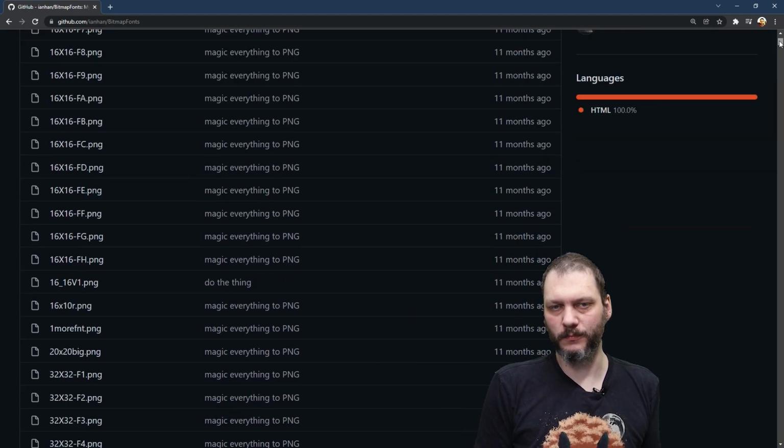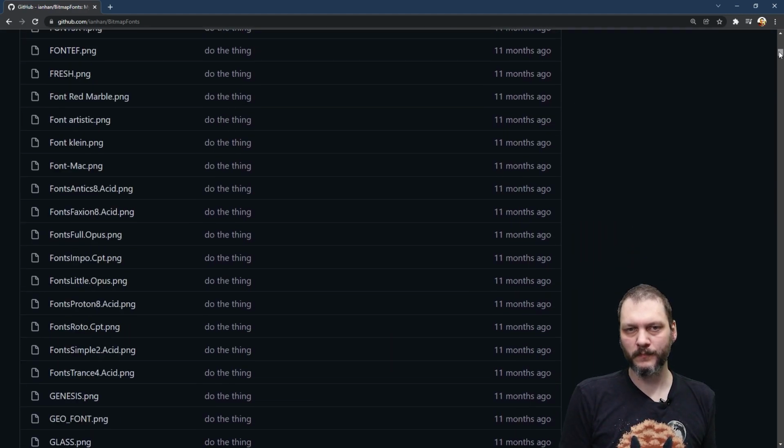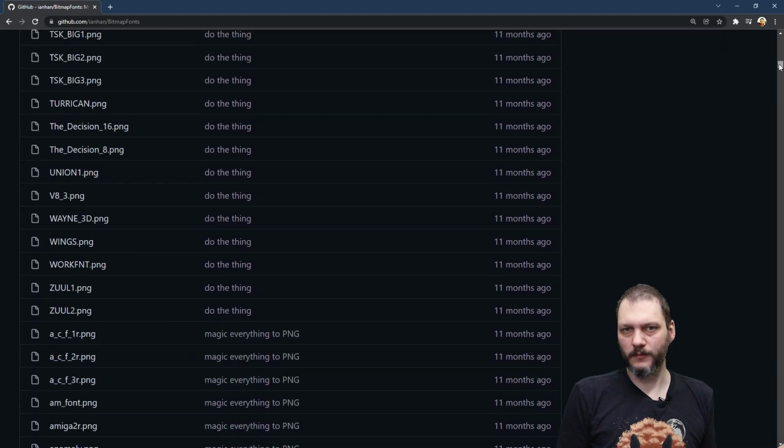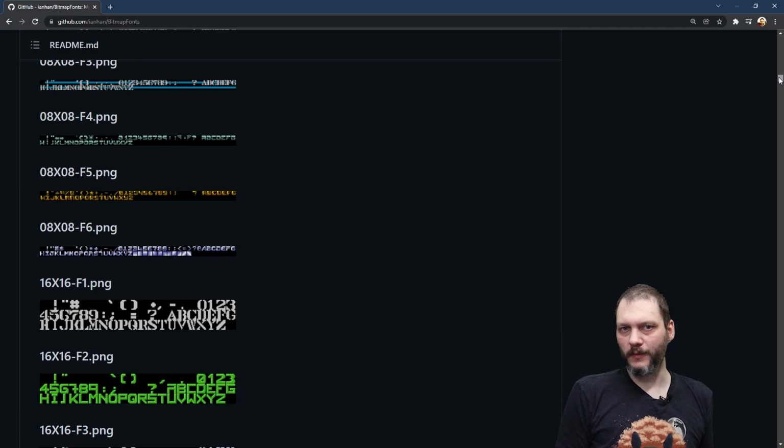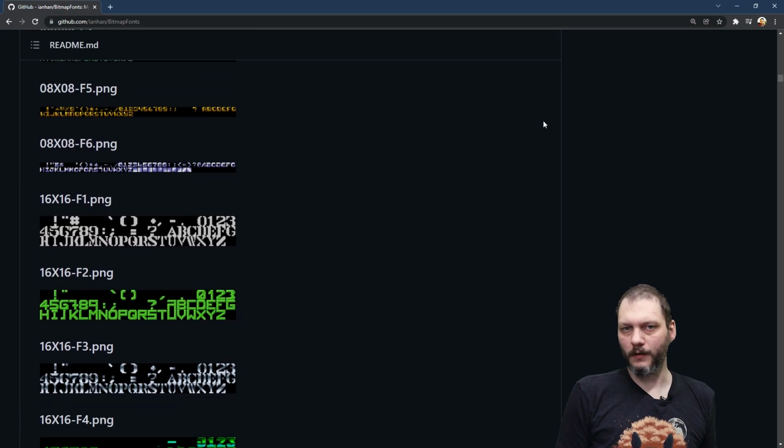But then I needed to print fonts. It's one thing just slapping an image on the screen using a DMA routine, but to print a font, you need to first find an image, and it just turns out these are bitmap pictures. I had a scan around the internet, and I found some nice websites with old demo scene fonts. So what I did was I took one of these, ran it through my image conversion utility,